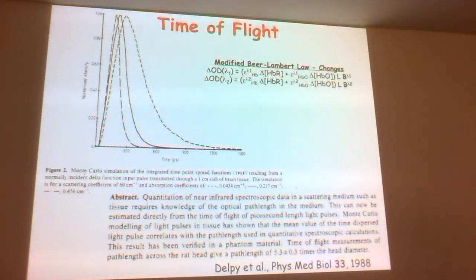The second instrument that was utilized was a time domain system. David Delpy had a nice relationship with Hamamatsu and lent him a very expensive, particularly at the time, streak camera. And he had a pulse laser, and so he was able to use this very cool streak camera to measure this temporal point spread function. And basically what he did with that temporal point spread function was to measure the average path length of light